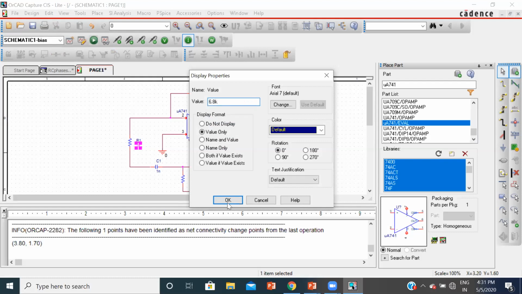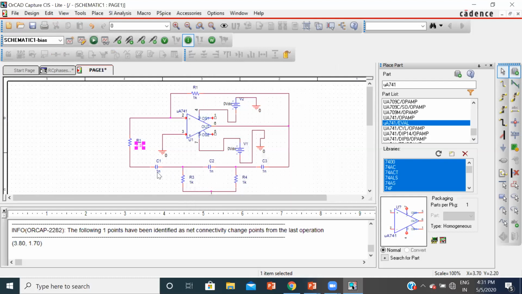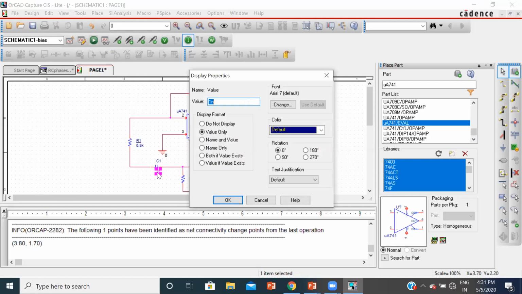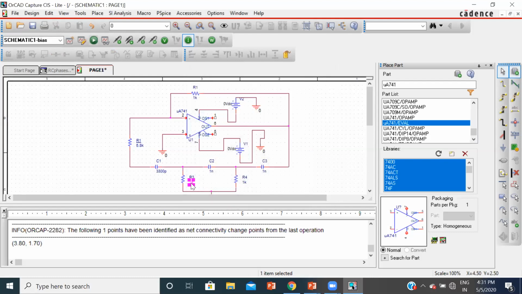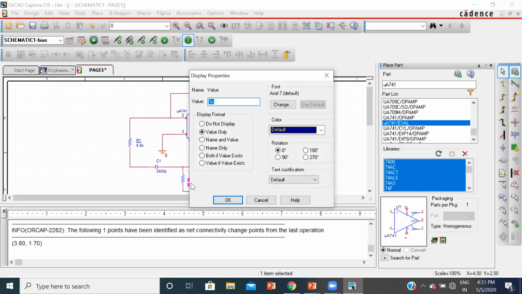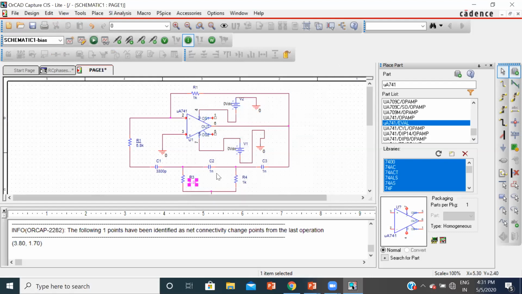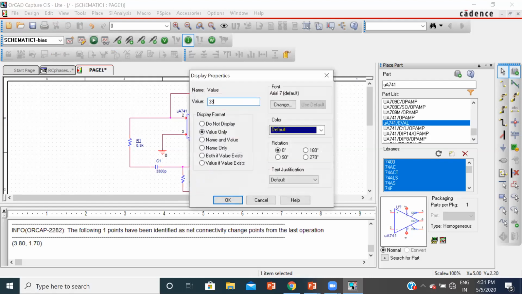And this capacitor is 3300 pico. Click on OK, and then this is also 6.8K, and this is 3300 pico.